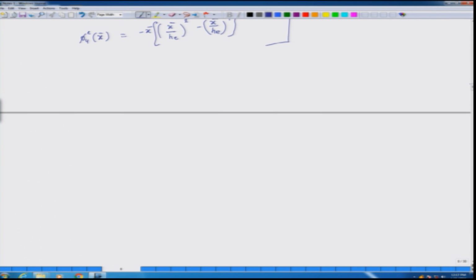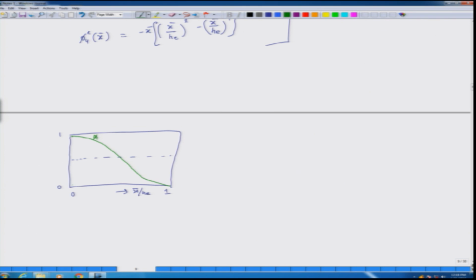If I plot these functions, then these plots look something like this. So, let us say this is my normalized x. So, minimum value is 0 and maximum value is 1, and on the vertical axis I am plotting the value. So, this is 0 and 1. So, my phi 1 is 1 at x is equal to 0, and it becomes 0 at x is equal to 1. So, that is my phi 1,